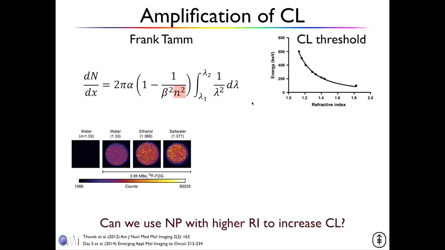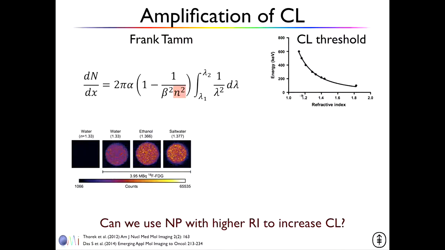So we're looking at various means to how to amplify Cherenkov, as it said here. And there are not many things you can do. One is you can inject more radioactivity. That usually doesn't play very well with anybody, including NIH. The second one is if you look at the Frank-Tamm equation, which is an equation describing the Cherenkov effect. And interestingly, I think Tamm was a roommate of Cherenkov at the time in Moscow. Cherenkov described the phenomenon experimentally, and then Frank and Tamm pulled after in the same lab and described it basically mathematically. Here is the refractive index in there, and it's to the square.